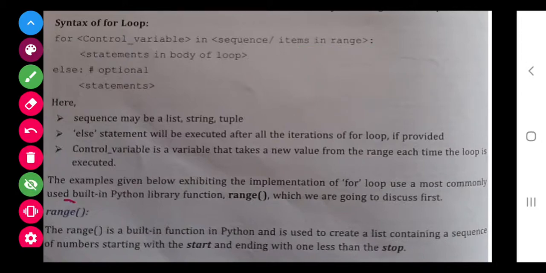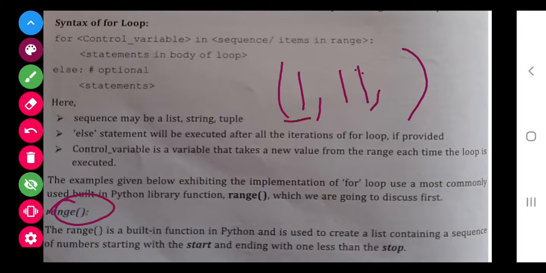Now talking about the range, in this range we have to give a start, then we have to give a stop. Suppose I want to display numbers from 1 to 10, then the last condition I will give is 11. 1 to 11 I will give, then it will display 1 to 10. And I have to give the step, how much gap I want.